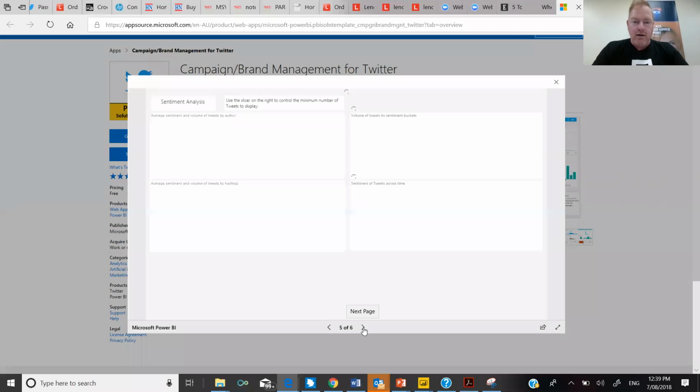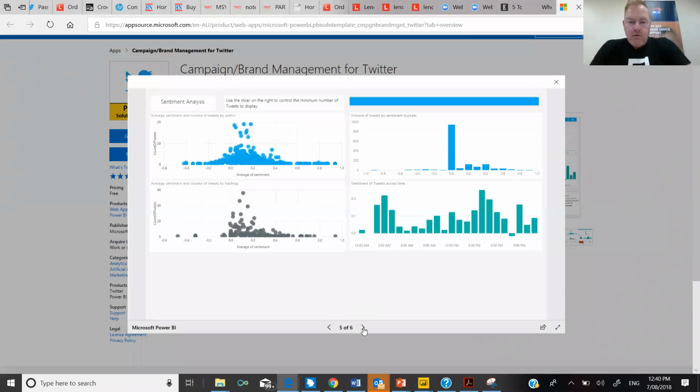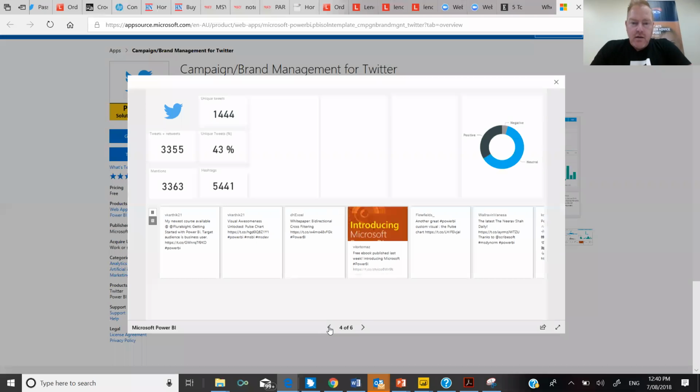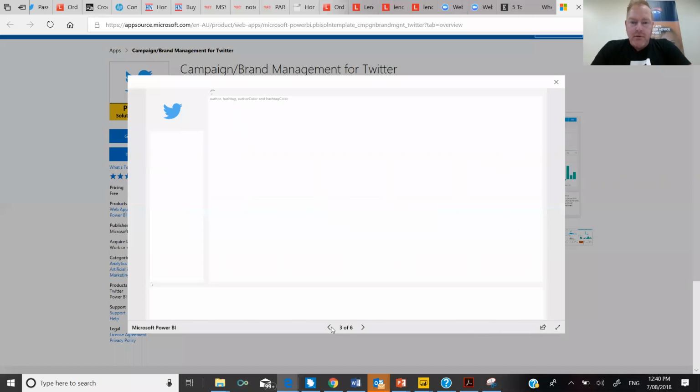So this will spin up a Power BI page and allow you to interact with the data as if it was your own. Let's navigate through the pages. You can see it's a little bit slow because it's waiting on my internet connection. But this is some sample data, so you can see what a typical solution might look like.